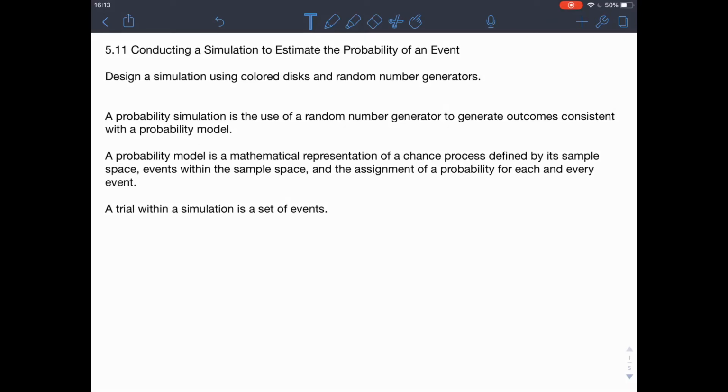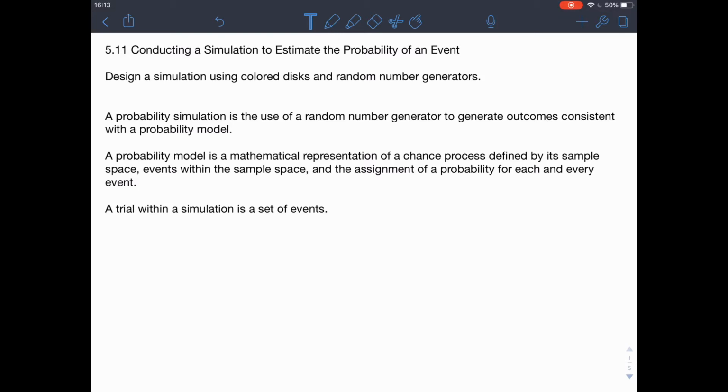Hello everyone, and welcome to 7th grade math module 5, Statistics and Probability. In this video we're looking at lesson 11, conducting a simulation to estimate the probability of an event. Our learning goal is to make sure we can design a simulation using colored disks and random number generators. This will help us to master Standard 7 SP8, find probabilities of compound events using organized lists, tables, tree diagrams,